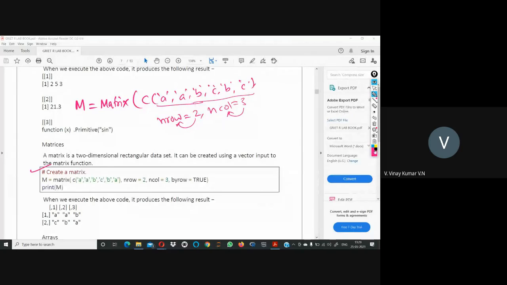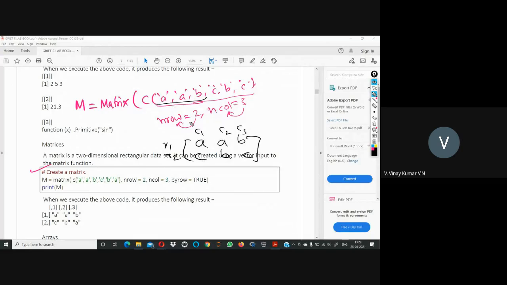The first row is A, B, and the second row will be C, B, C. You can see row 1, row 2, and the columns C1, C2, C3. This is how we get a matrix for this command.